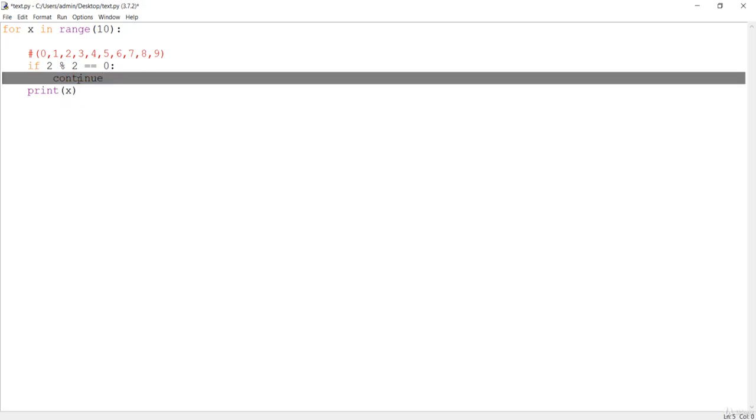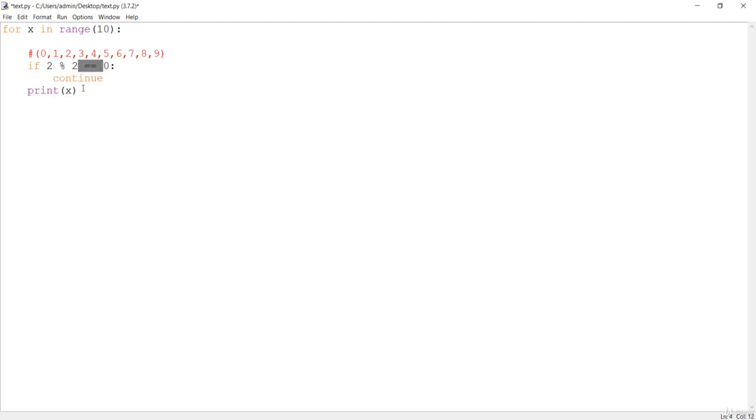Continue is basically going to skip that certain block or the current block, and break is going to exit from the loop if the condition is met, which we just saw in the previous example. So this is our flow control part 2, where we learned our looping concept and the break and continue statements,